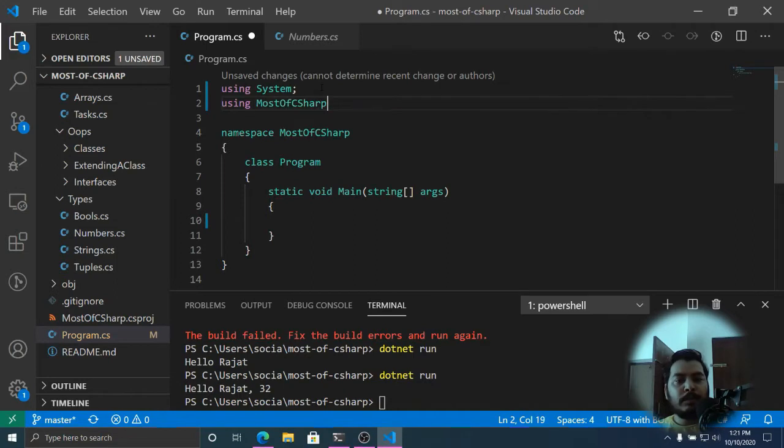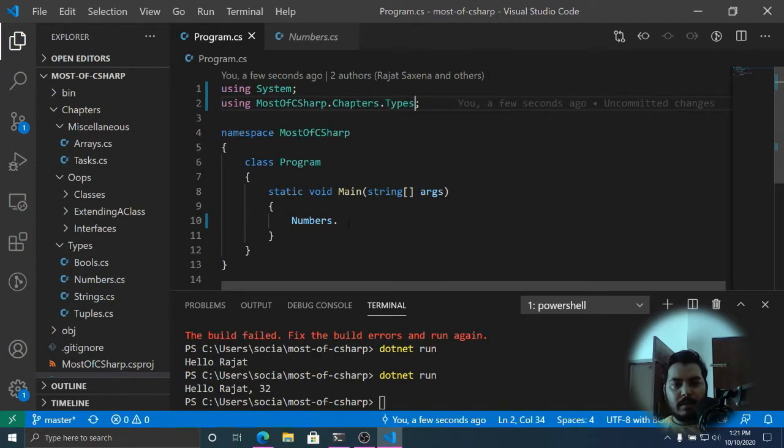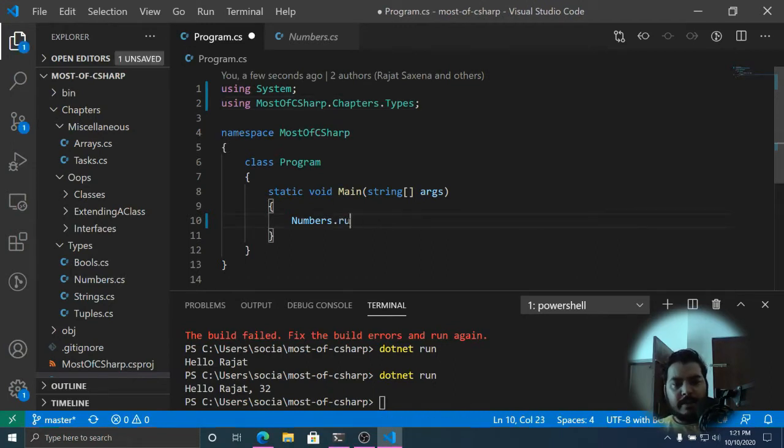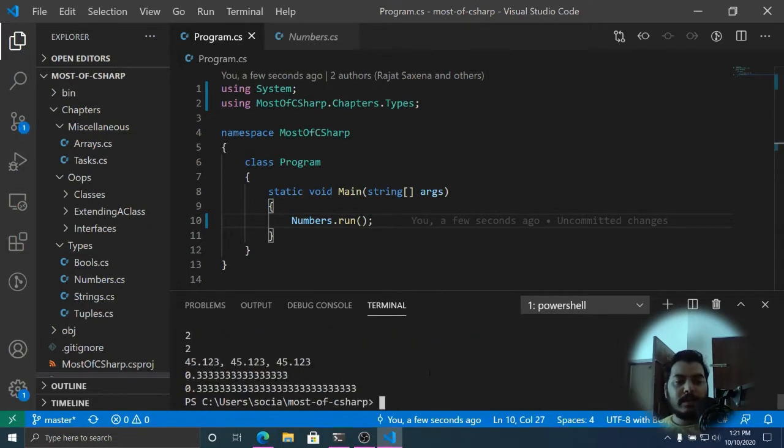It's going to be Most of C#, then chapters, then types. Then here you call the numbers, and run. This is how you can run the program. Here is the output.